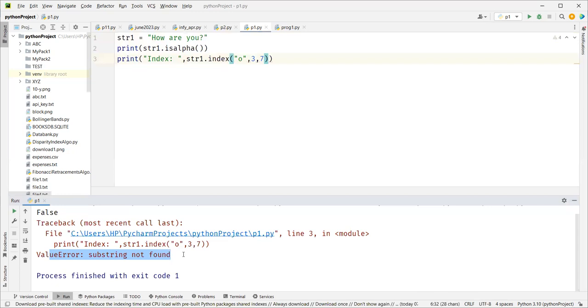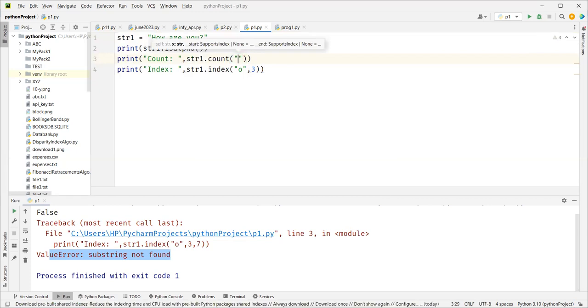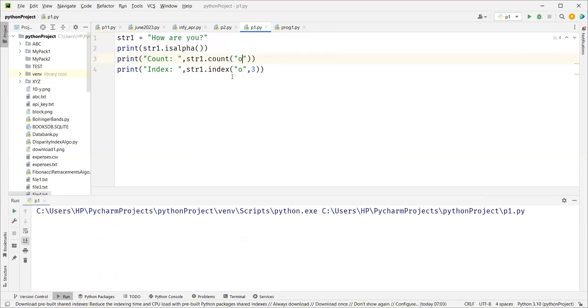So this is not the right way of using index. You need to first check if the value is there or not. For that purpose, let me delete 7. For that purpose, you have something called count or find. Print count. Count will tell you how many occurrences of the value there are. So I say str1 dot count. You see, count also has x, the value that you want to count, start and end. So I say O. When I say O, it will give me 2 because there are 2